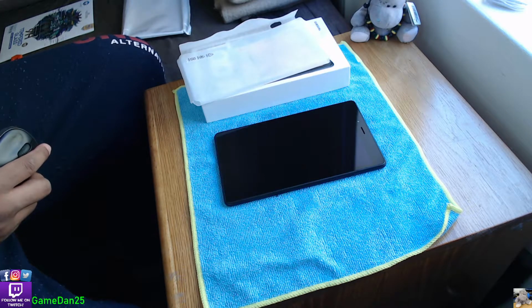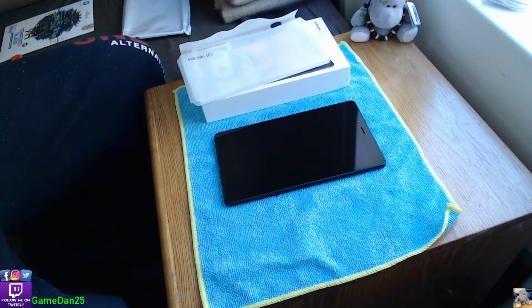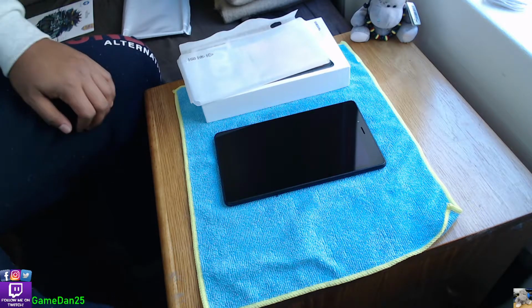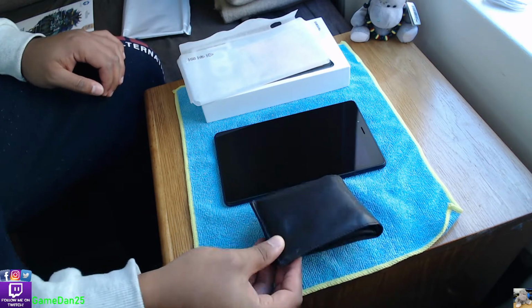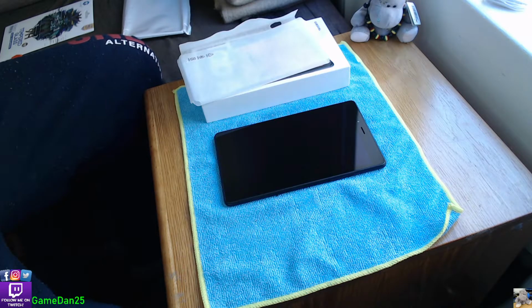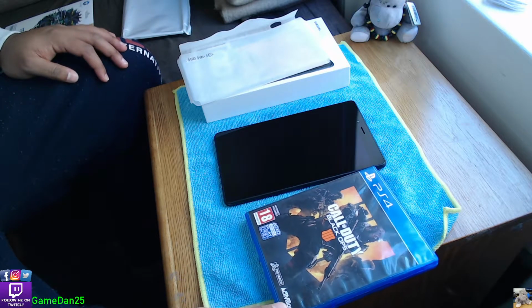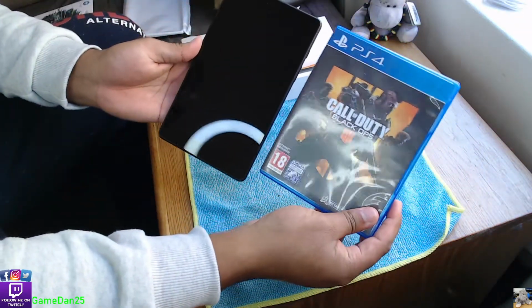They don't tell you, but I think it's an 8.5 inch, or it's just an 8 inch. And what else? A wallet size, you know, a men's wallet. And I'll compare it to a game. That's the size of it. So if I put this next to each other,